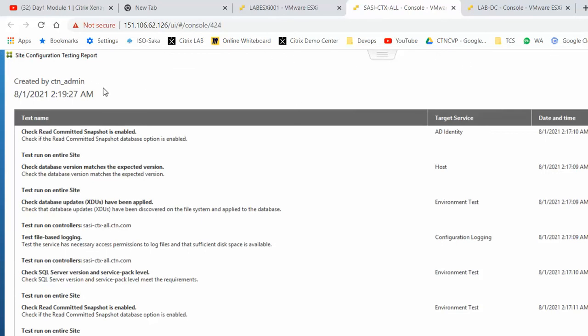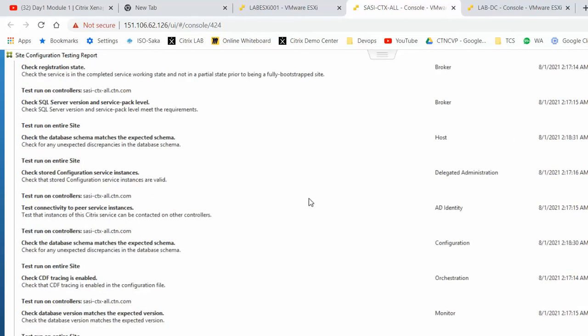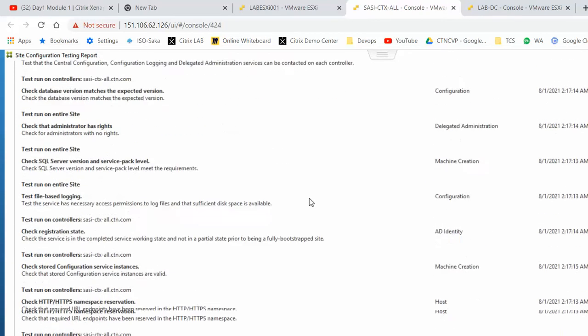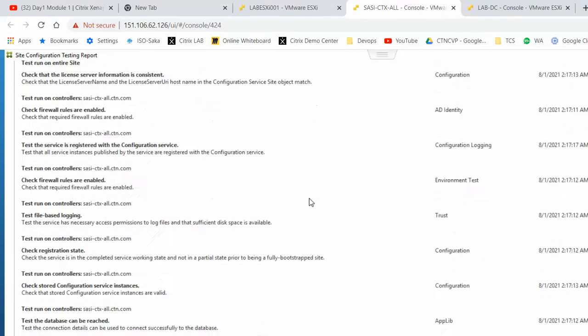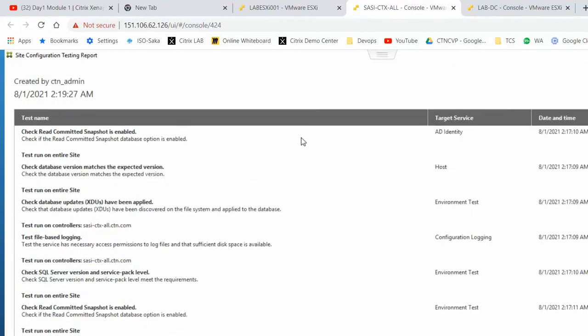Even the report is not showing an export option, so to copy it we have to directly close it.